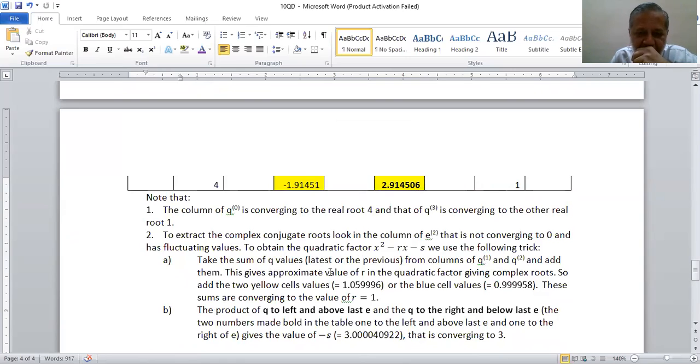This gives approximate value of R in the complex conjugate root that are going to be produced by x square minus Rx minus S. तो R की वैल्यू कैसे बननी है? Taking the sum of the last values of Q's on either side of a converging column of E. Then product of Q to the left and above the last E. अब ये कौन से वैल्यूज की बात हो रही है? इस नंबर की और इस नंबर की, यानी value of Q, which is the second last value,